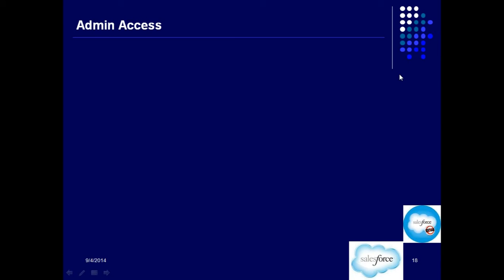Okay. So just think about it. Now once we understand the OWD, we understand the data can be made private, it can be made public, and then we can define a sharing rule to give temporary access to the data to some users or some roles. So that can be done, that's fine. So do you feel that there will be some users who will need access to all the data irrespective of what the sharing setting is or what that OWD is? Some users, some profiles, they need access to all the data, like administrator.